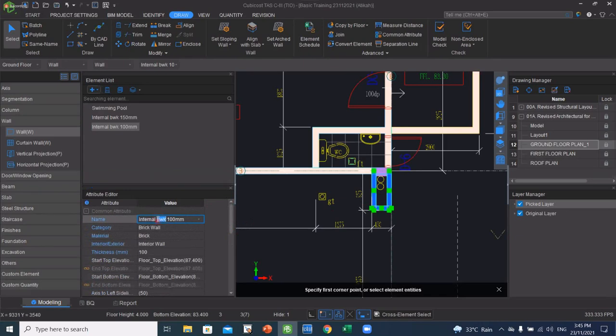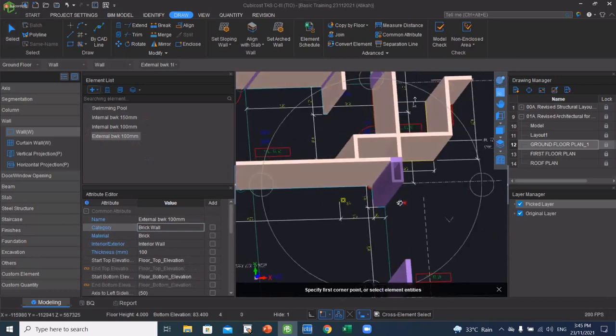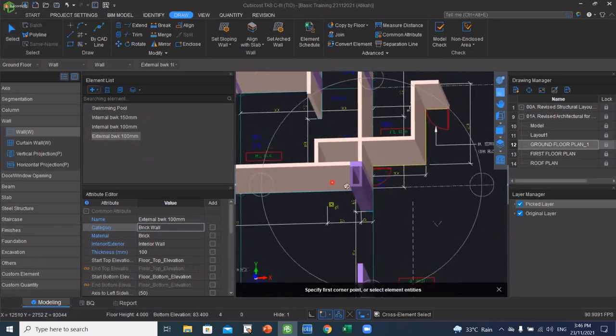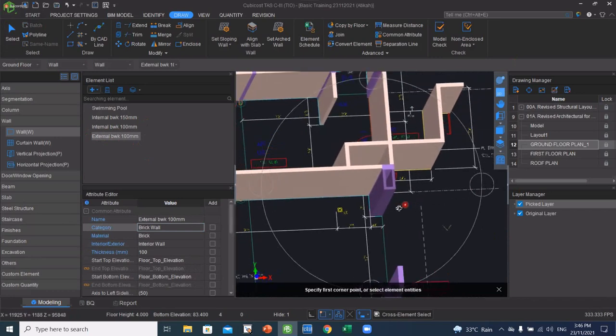So I change this one first, external. Once I click on enter, you can see that the software is able to create another element, which is for the external brick wall. So right now we already have the internal brick wall of 150 mm, and we also have the external brick wall for 100 mm. And if you can see in the drawing, the color already being changed to the purple. So that's how you can actually split